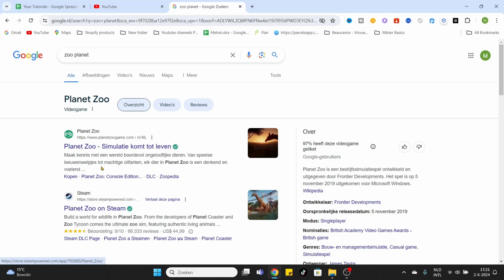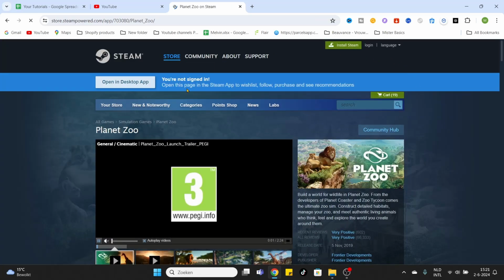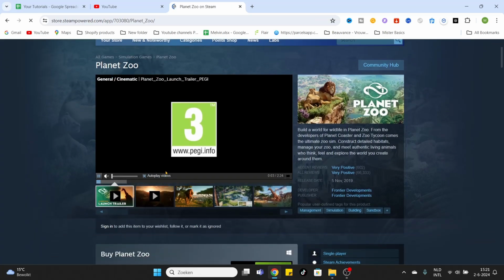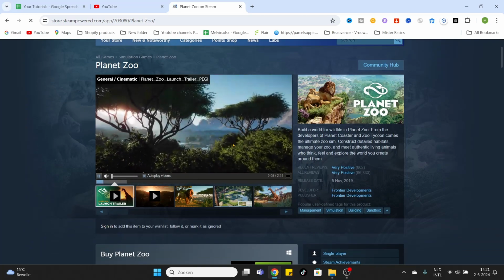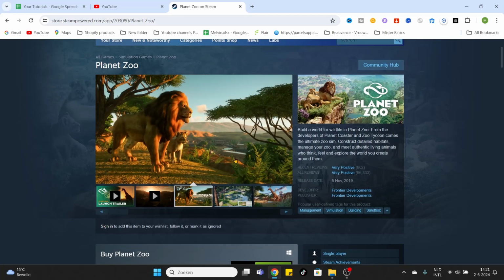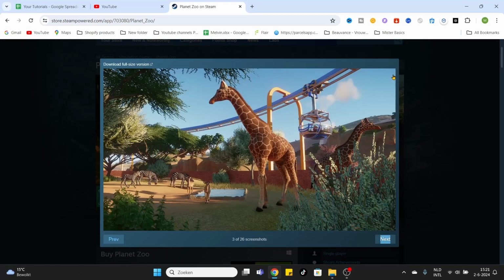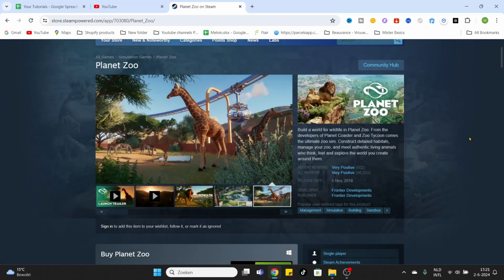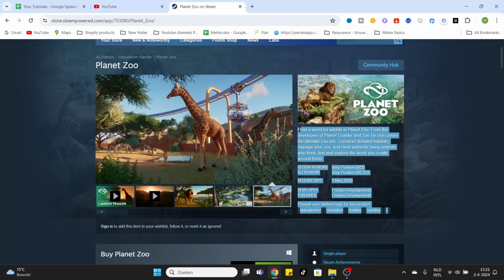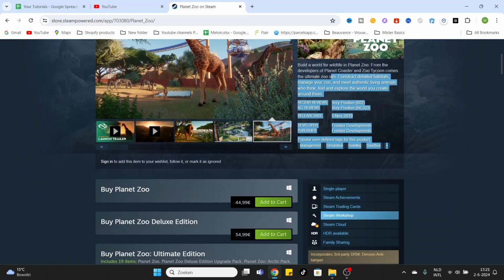We will go to the first link to the Steam platform, and click on that. Once you have entered the game website, you can watch the videos about this game, maybe check out some screenshots if you would like to see them. And once you have decided to read some more information about it, then you can check out the game requirements